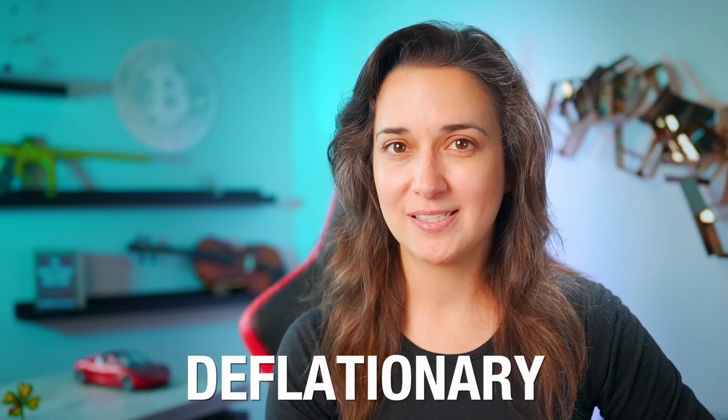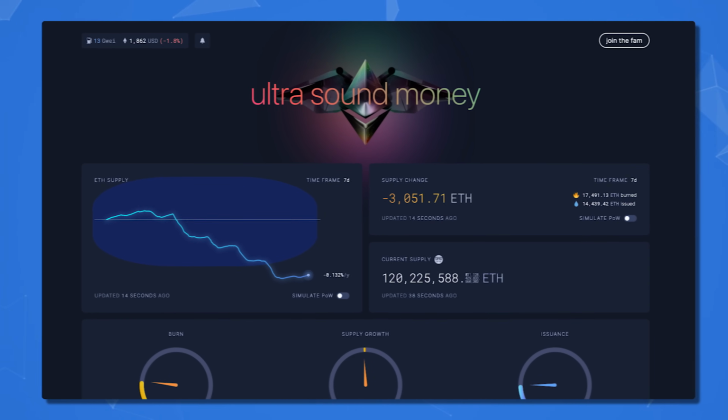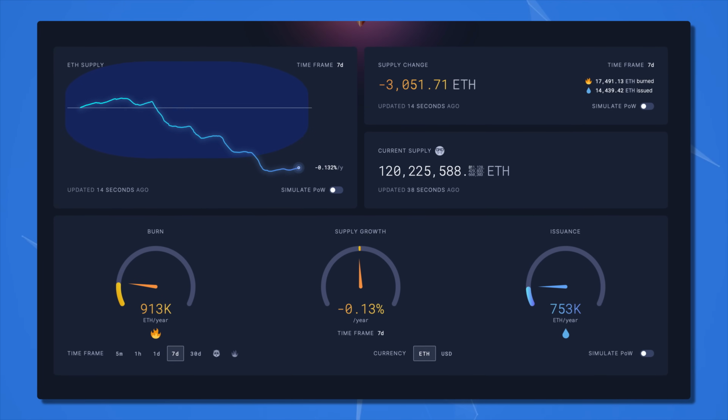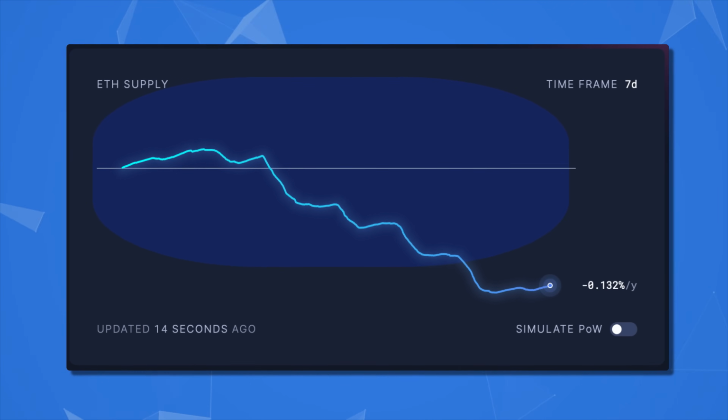So while Bitcoin is slightly inflationary, as more Bitcoin will continue to enter into circulation until the last Bitcoin is mined, Ether is actually deflationary because less Ether will enter into circulation over time, because the more the network is used, the more Ether that is burned or taken out of circulation. And if we check out this free informative website at ultrasound.money, we can see how much ETH has been issued versus burned over time. So at the time of this video, over the past year, the supply growth of ETH